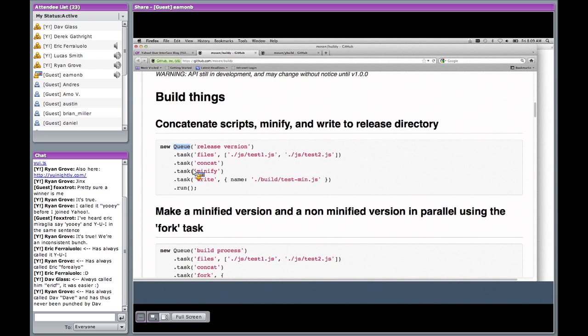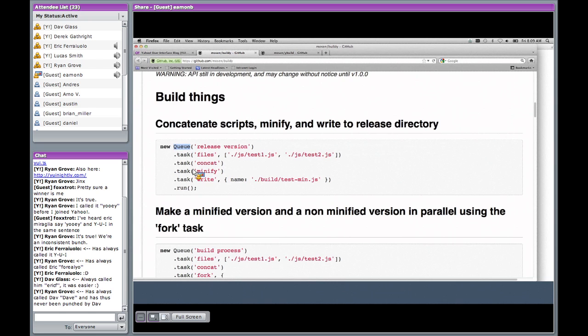Basically, what you're doing here is you're giving the individual tasks a name. You identify the tasks by a name string, and then that name string is linked up to some other functionality elsewhere in the system, right? I guess we'll get to that later then. No, that's okay. I can explain that.